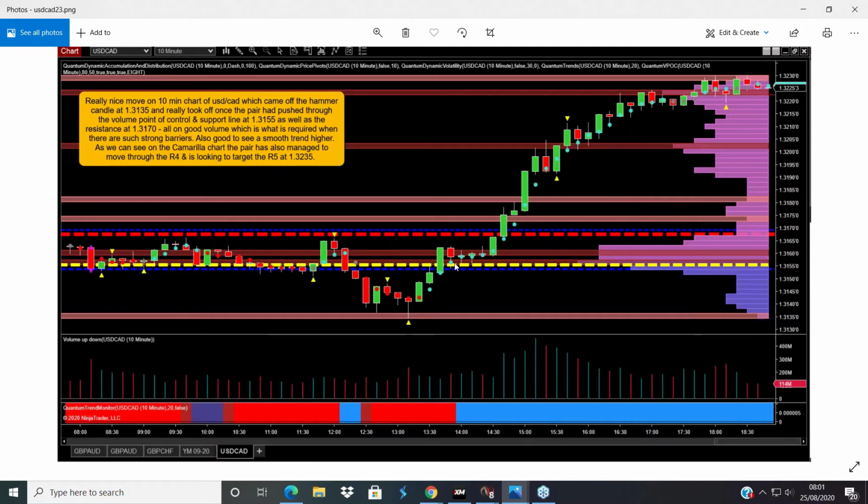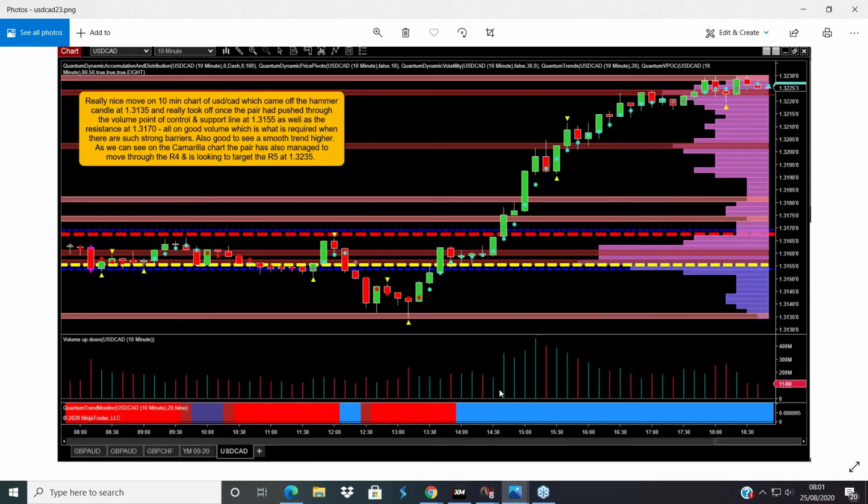But it's got a bit of a struggle, because these support and resistance lines, zones on the chart tell us that when price reaches these significant levels, it's going to need a little bit of fuel. It's going to need a little bit of oomph to get through. And what happens? It manages to get back to the volume point of control, moves sideways. We've got some very narrow spread candles here, but with some decent volume underneath it. So we know there's price support.